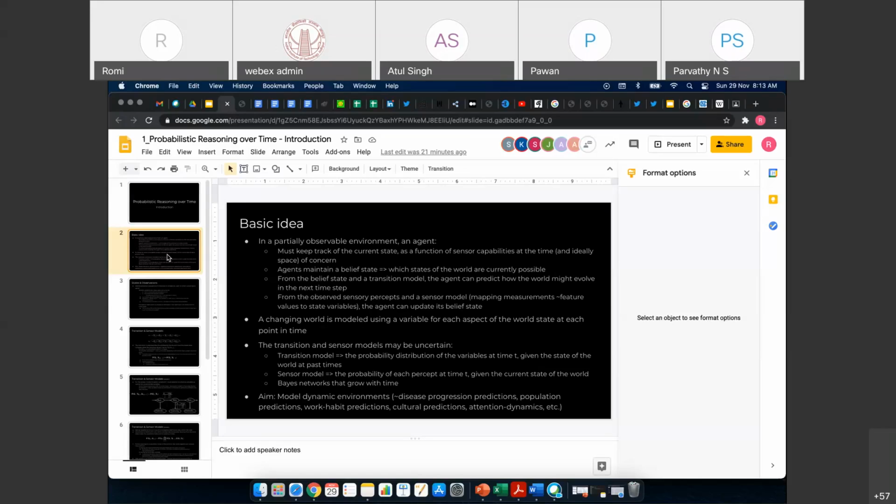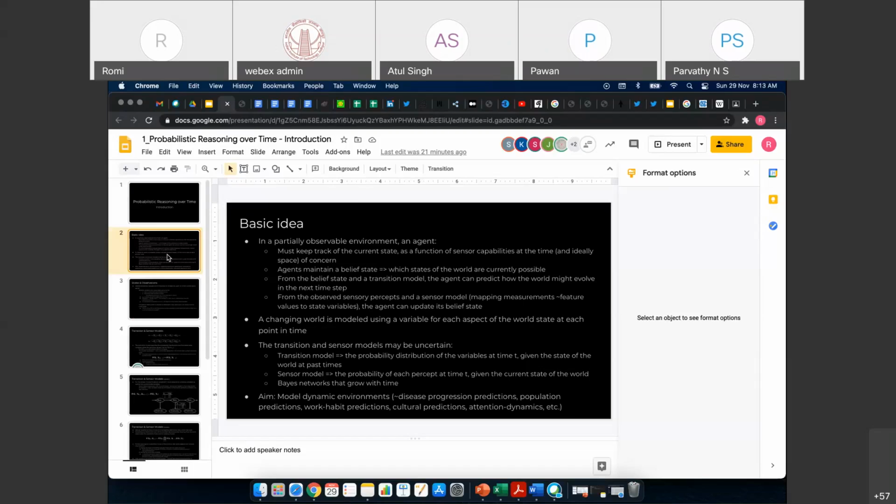Fine. So transition and sensor models may be uncertain because here again we are involved with predictions. We are trying to look at the future, or based on what we have observed of what has happened in the past, our predictions in the past, and we keep moving back and forth in correcting our predictions, in smoothening our predictions, in clarifying our doubts. This is what we keep doing. We take a step forward and then we move backwards again. So we can never be certain about our transition and sensor models as well.